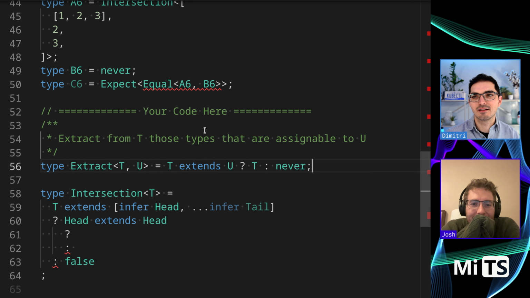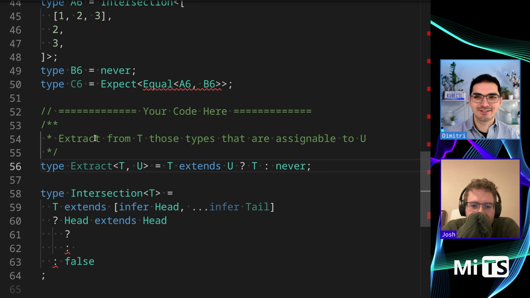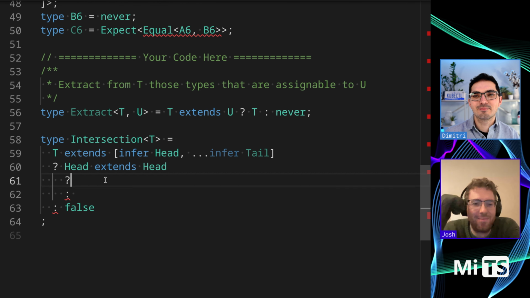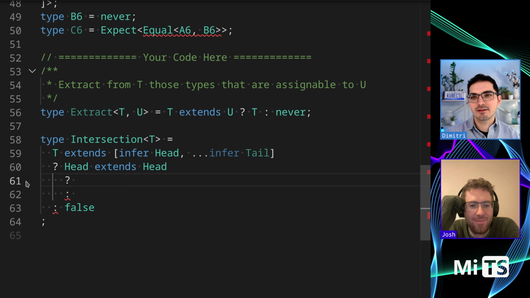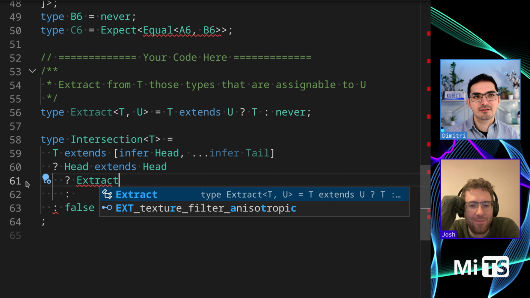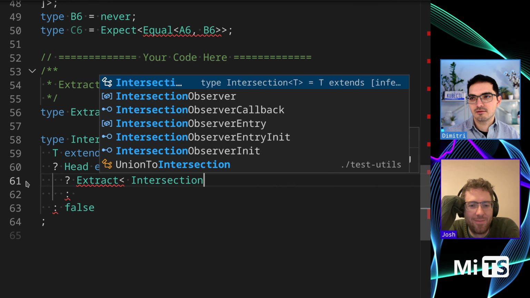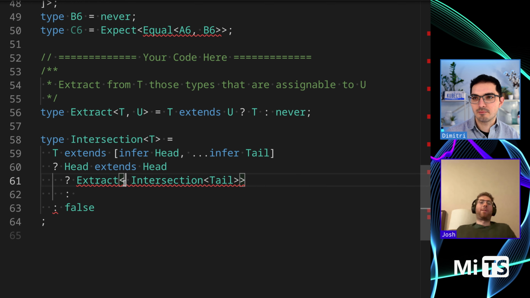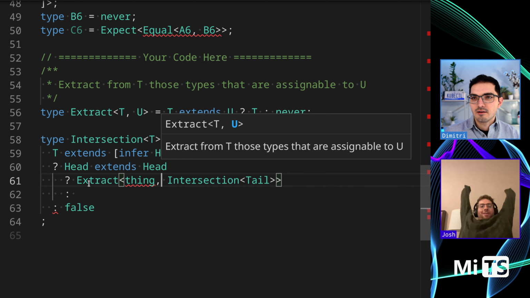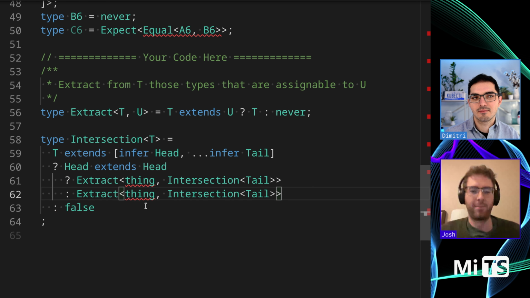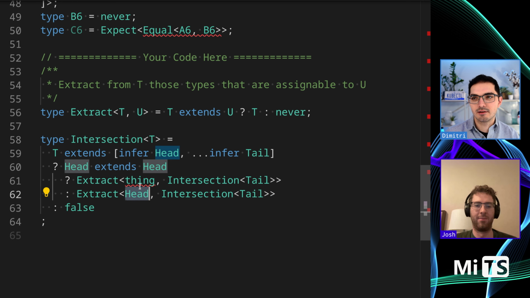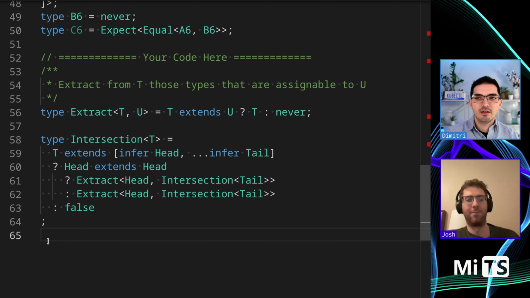So extract is in the TypeScript built-ins. It's a little hard to read. Extract from T those types that are assignable to U. It's like, okay, professor. But if we think about it, let me build it up like this. If we put this in place, we're going to have some thing. We're going to use head in here somewhere. We can just put head in both of these, I guess. If head is a single